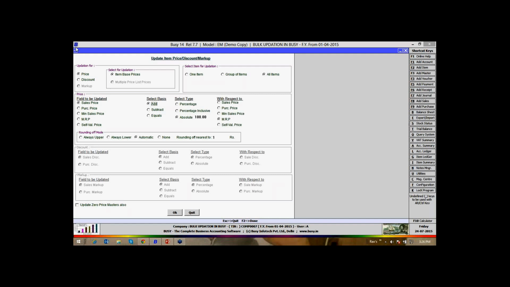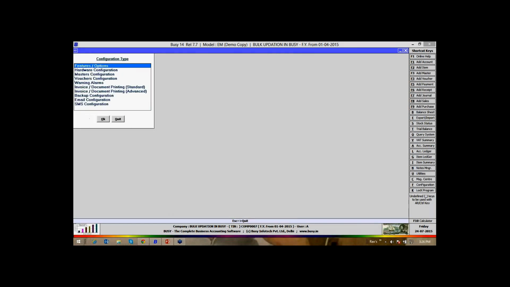Let's say in the purchase price you have defined, but there is no sale price. Sale price is 0, and you want percentage to be added 10% of purchase price. But if there is no sale price, you can tick it. If there is 0, then also it will be updated. So this is the concept here. Similarly, if you have multiple price list of item, you can update your multiple price list also here. Based on that, A, B, C category will be updated. Or should I show you that?